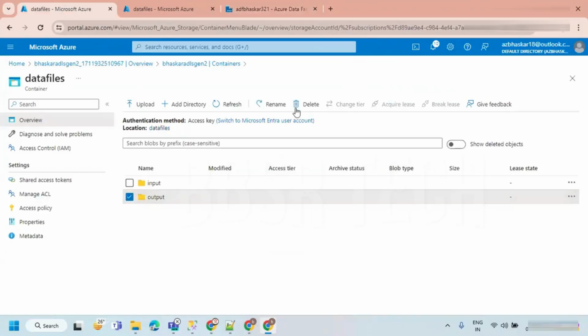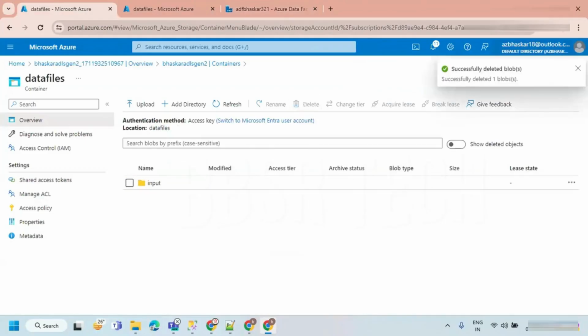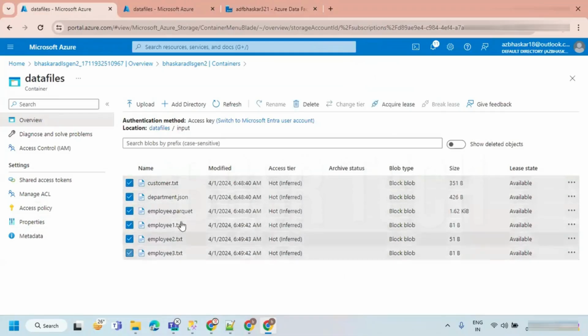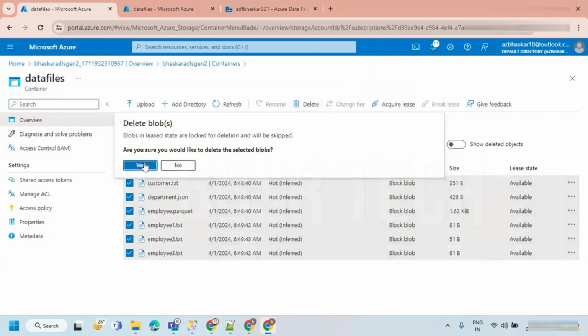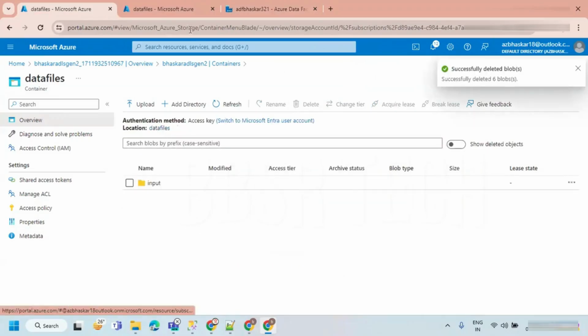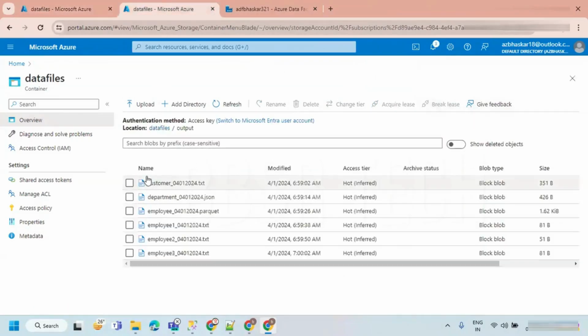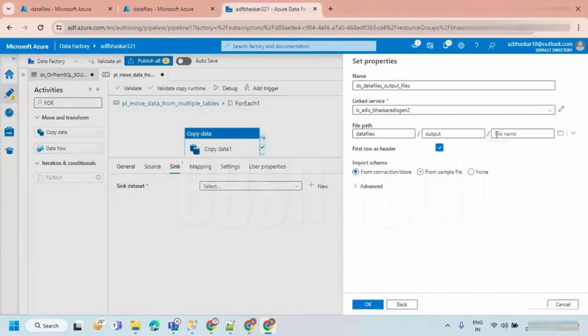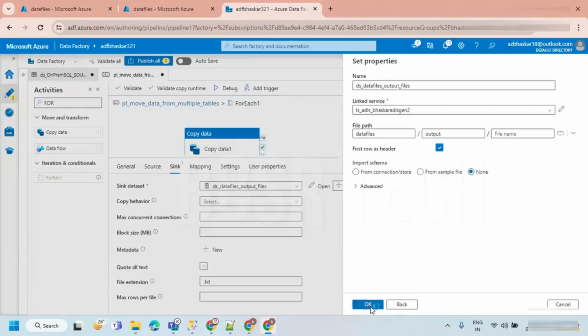I'm just going to take out my output. I don't need any of them. First of all, I need only the output folder here. So I don't have any output folder. Now I'm just going to say output. First row as header, let's say none, and hit OK.